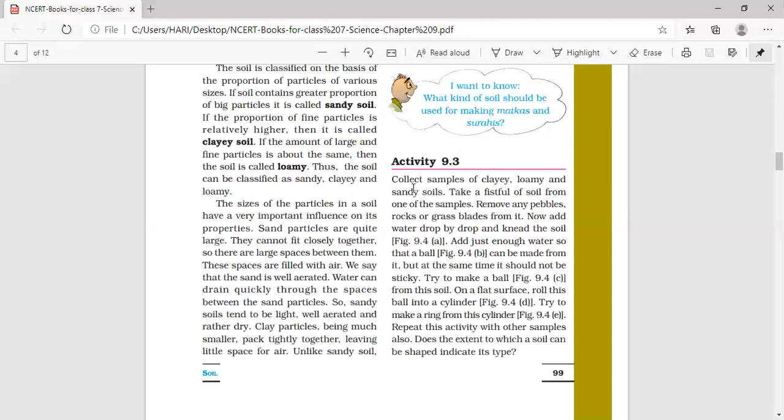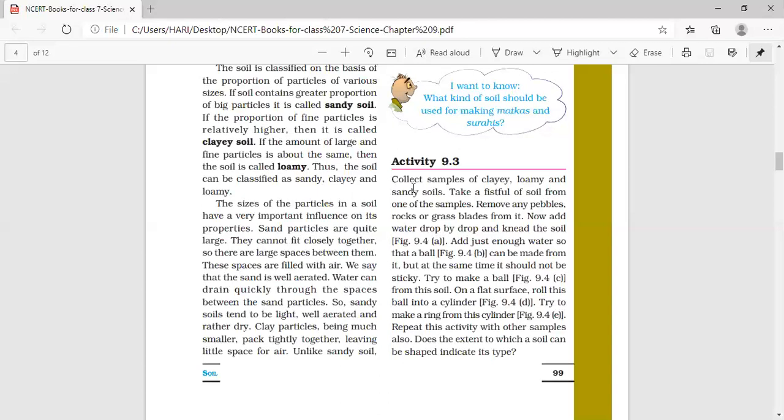Then we will try with the clay soil. Clay soil is formed of very fine particles, there is less airspace between them, and they hold more water. You can easily make the ball from the clay soil. In the same way, we can change the ball into any other shape. We can make other shapes also from the soil, a cylinder shape, or you can flatten the soil. So any shape can be made out of the clay soil. Clay soil can be molded to form any desired shape.